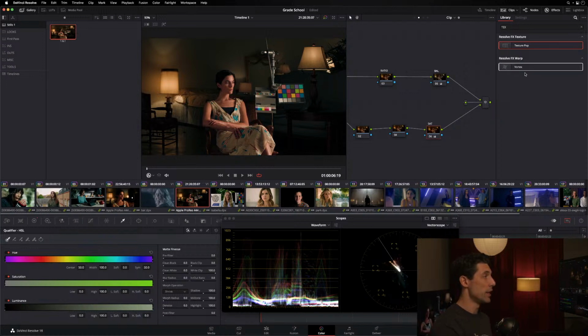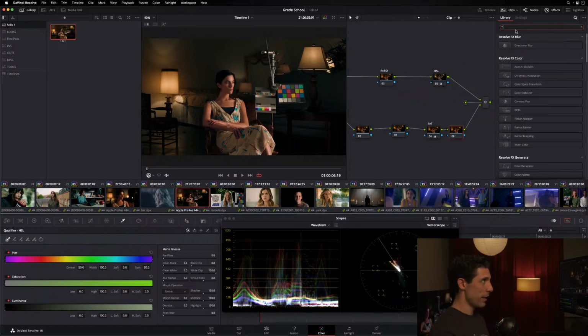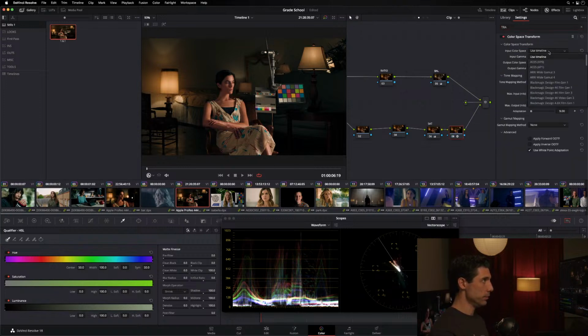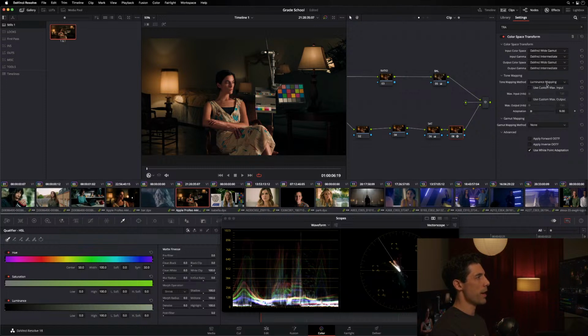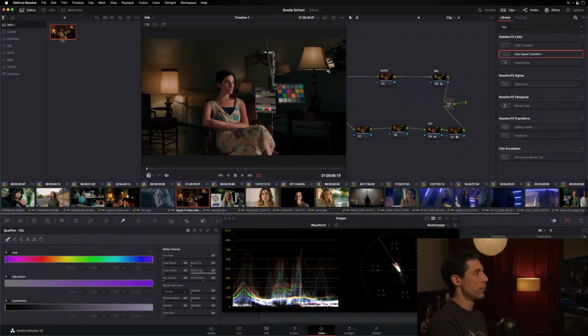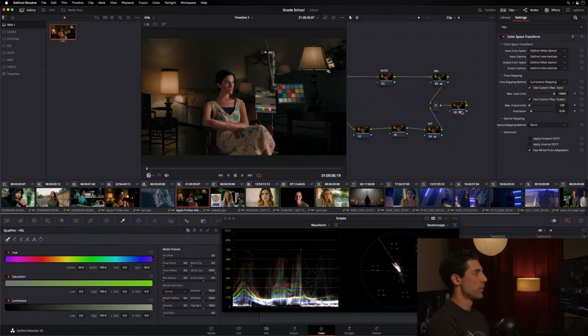I wish I had a handy example I could think of off the top of my head, but I would say if you absolutely want to use a tool in linear and it is clamping your values above 1, you could do this. DaVinci Wide Gamut, DaVinci Intermediate, DaVinci Wide Gamut, DaVinci Intermediate, luminance mapping, custom max of 10,000, custom out of 100 essentially. And that is going to limit you down into a 0 to 1 range within DaVinci Wide Gamut Intermediate. And then I would make this your last stop before going forward through your system. Although,